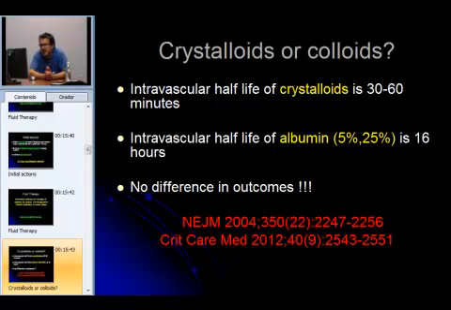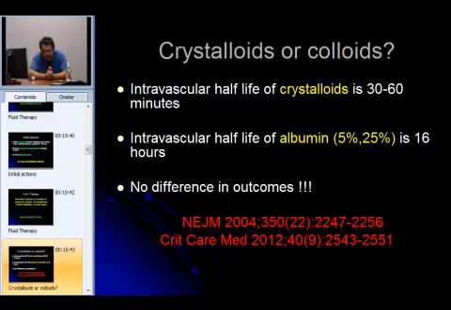So you're going to hear things. You can hear a lot of people saying, oh, I like to use crystalloids. Other people say, I like to use colloids. The bottom line is that there's no difference in outcomes based on the literature available. The largest trial, which is on that slide, the 2004 paper, the SAFE trial, compared 4% albumin